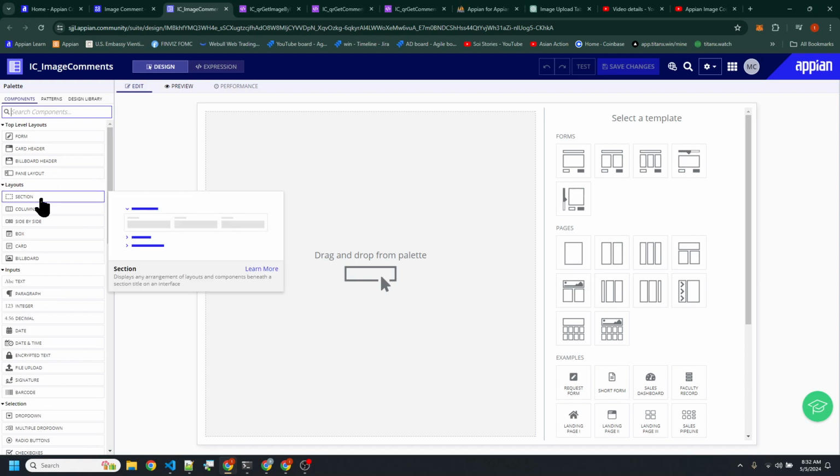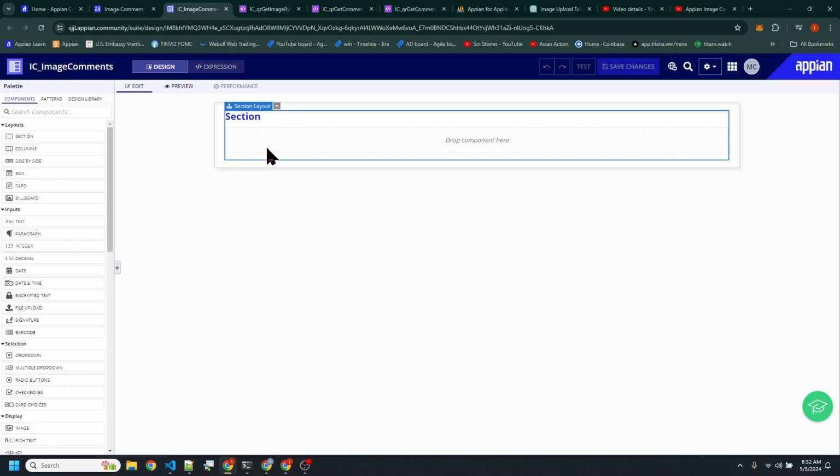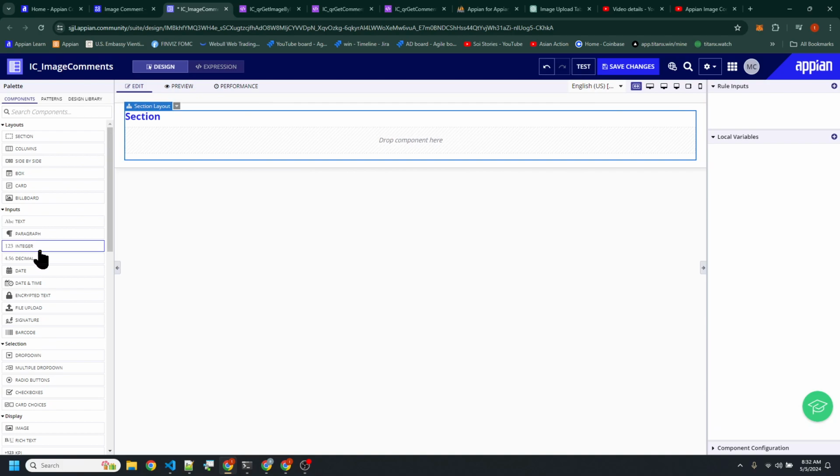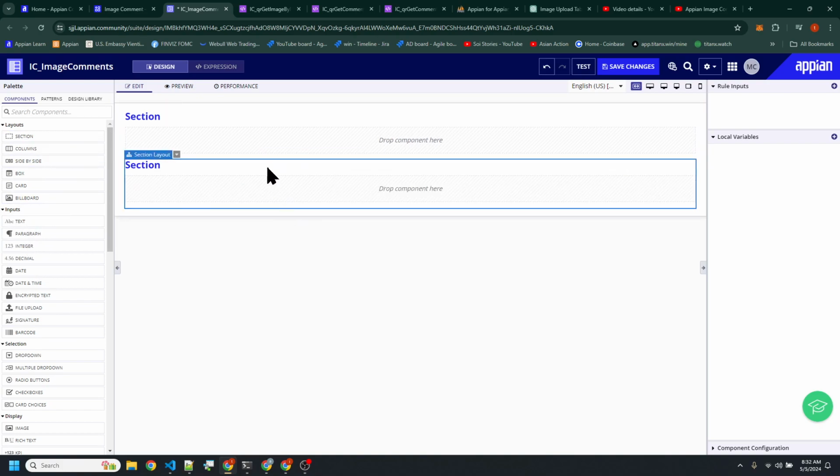build probably 2 sections. Because think about it, the top section up here is going to be where the image is at. Down here is going to be where the comments are at, right? So we're just going to quickly build this out to be something that looks like this, and then drag another section in here. All we want is a proof of concept.